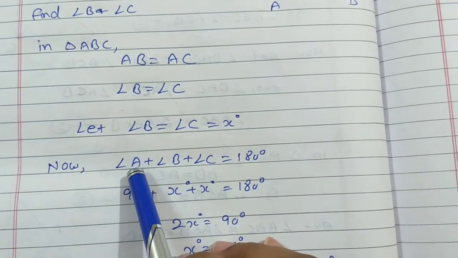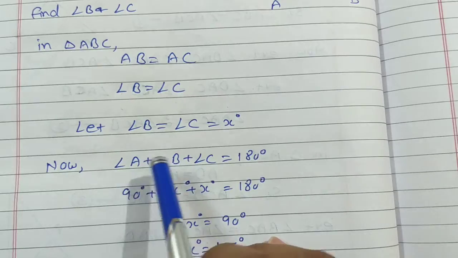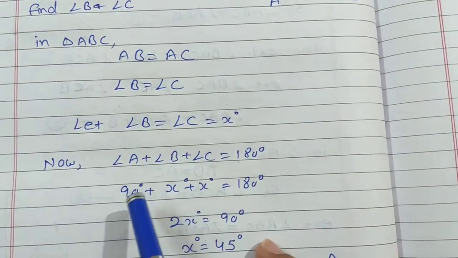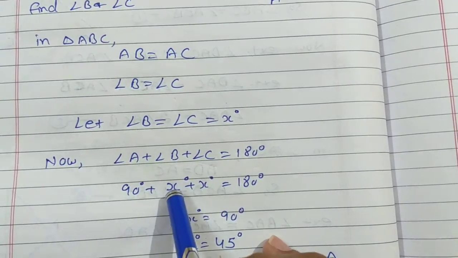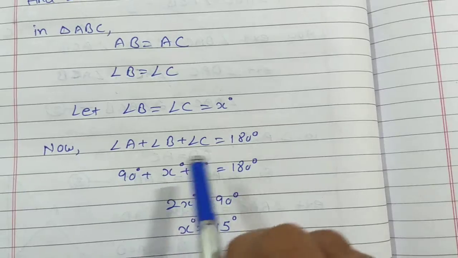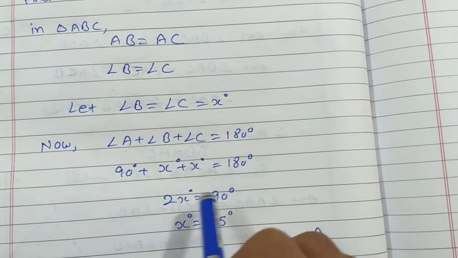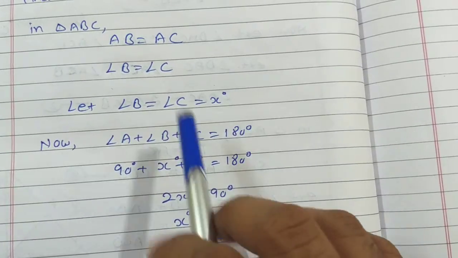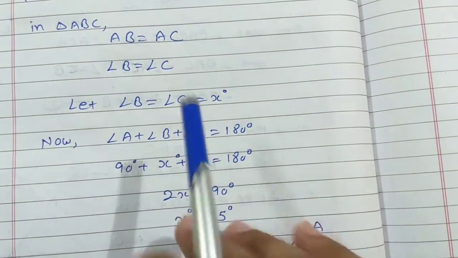Now you know that angle sum property, angle A plus angle B plus angle C is equals to 180 degree. Put the values of these three angles. Angle A is 90 degree, angle B is x and angle C is x. Add these two numbers, that is 2x. 90 जो है वो 180 में से माइनस हो जाएगा, that is 90 डिग्री, और 2 जो है वो इसे डिवाइड करेगा, तो एंगल x की वैल्यू क्या आएगी 45. सो एंगल B एंगल C जो है बोथ आर 45 डिग्री.